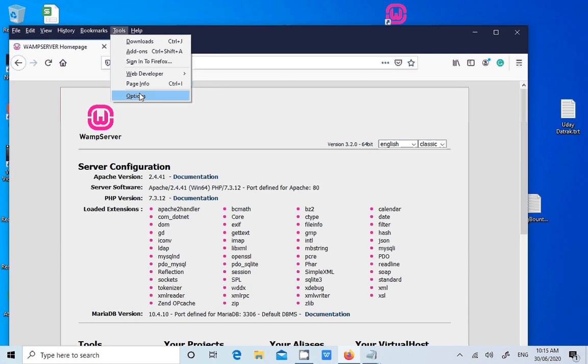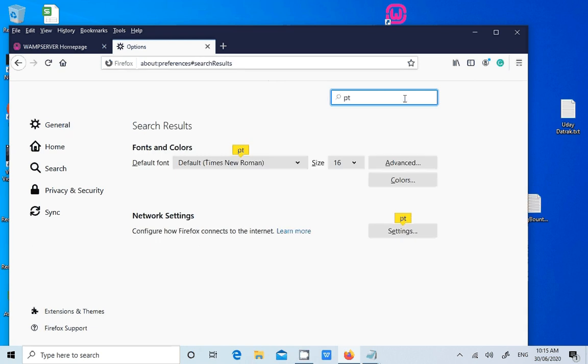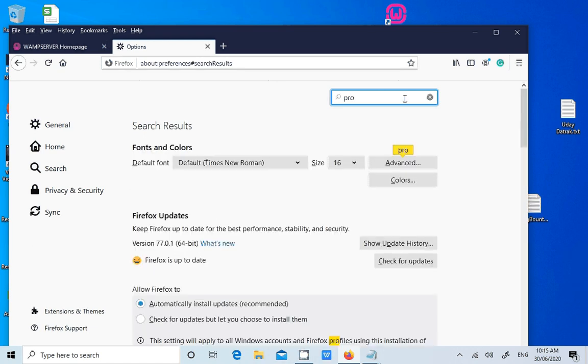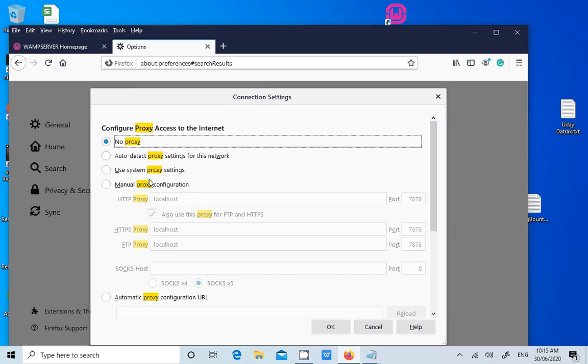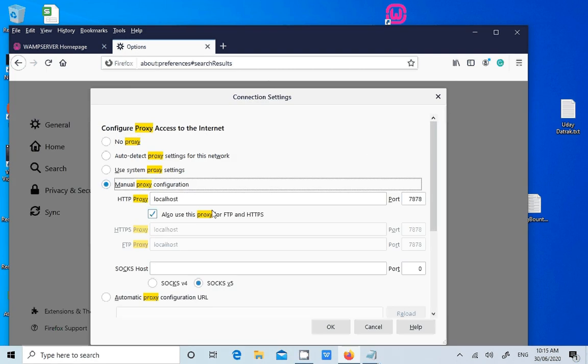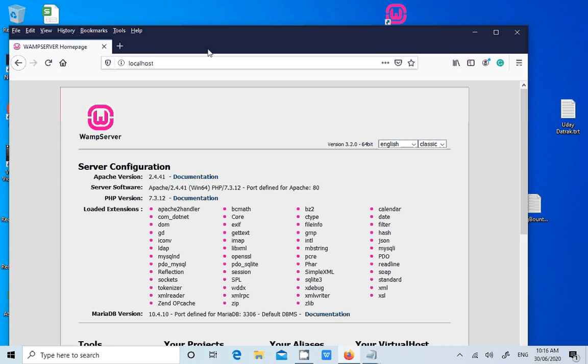We need to see whether we enabled the proxy settings. I am showing it just one more time so that you guys will understand. Manual proxy, port number 7878. Now we also need to set the same port number in the Burp Suite tool too.